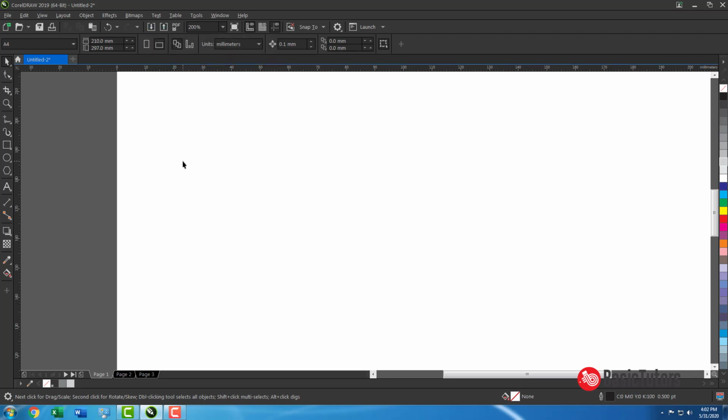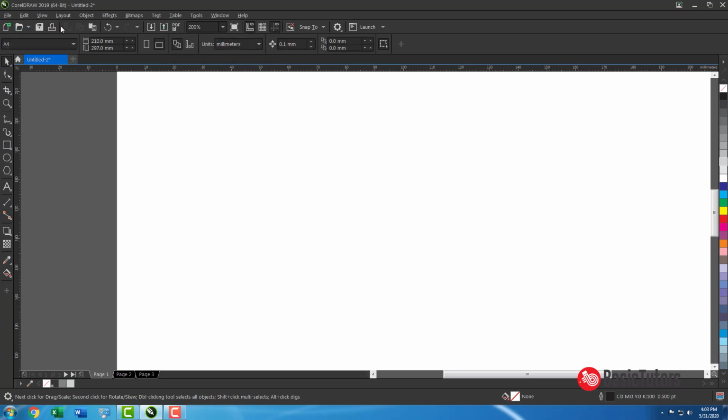Importing means, for example, you can directly open CorelDRAW, Illustrator, and other vector applications' files here. Suppose you want to import any non-vector content like bitmap photos or any other things, you can import from this command. And after making any artwork, you can export as a PNG or PDF file with this command.